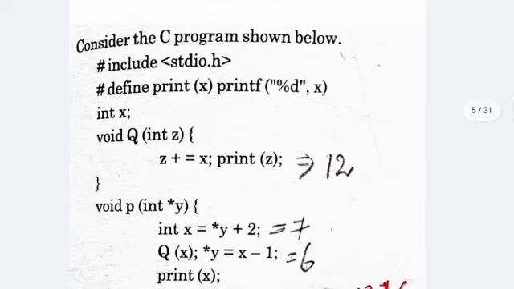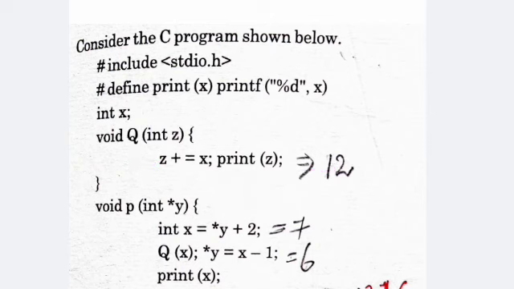Now come to the next question. Consider the C program shown below. It includes stdio.h and defines print x as printf of percent d, comma x. Here void q takes an integer parameter z, with x equal to x, z equal to z plus x, and prints the value of z.